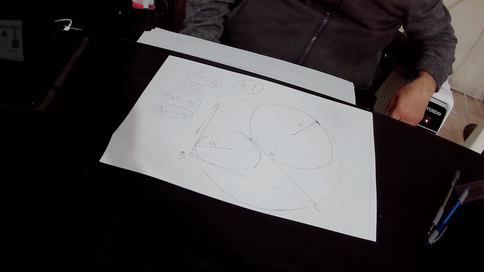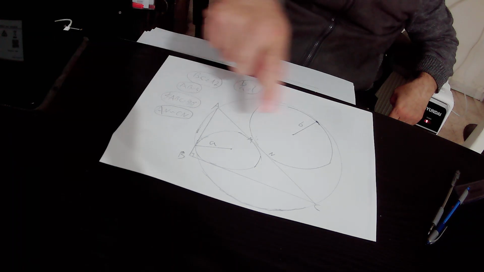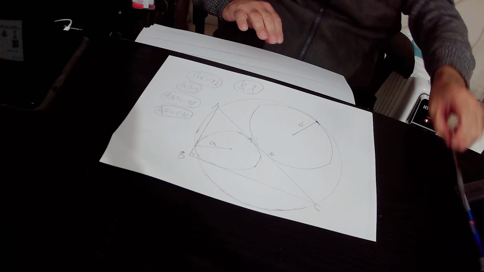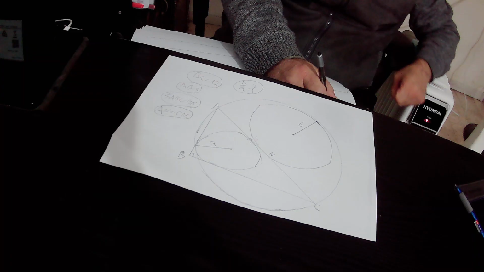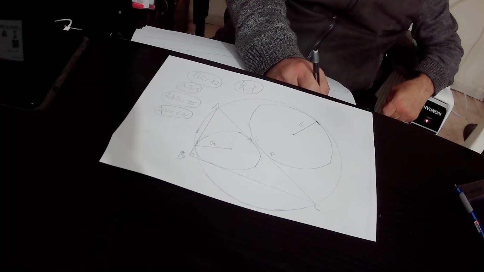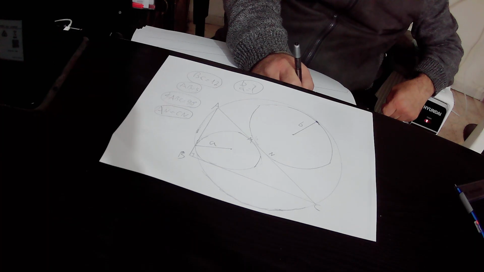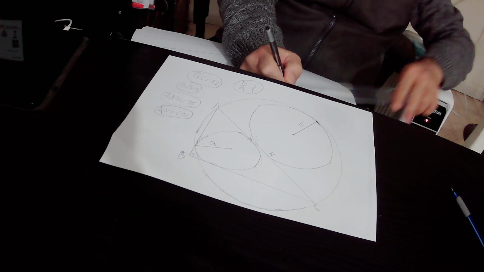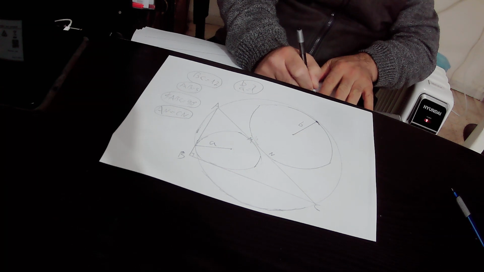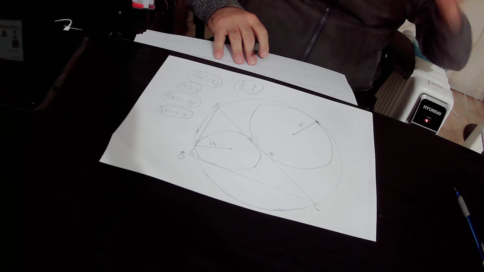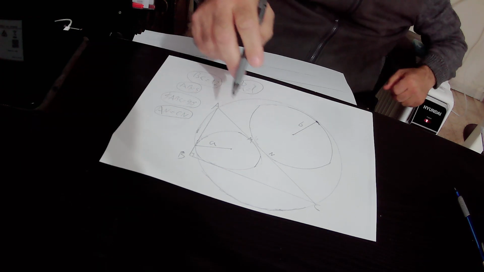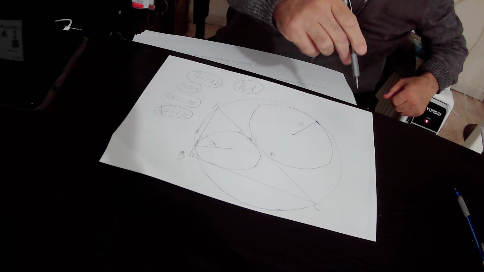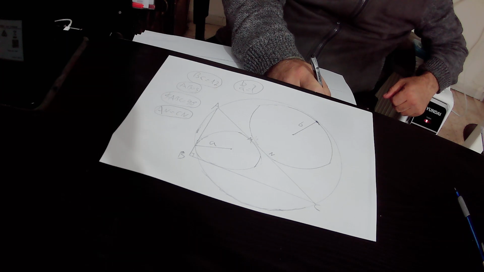So first of all, we implement the Pythagoras theorem on the right triangle ABC. According to the Pythagoras theorem, in any right triangle, the square of the hypotenuse equals the sum of the squares of the perpendiculars. In the right triangle ABC, angle ABC equals 90 degrees, and the hypotenuse is AC, therefore the square of the hypotenuse is AC squared,